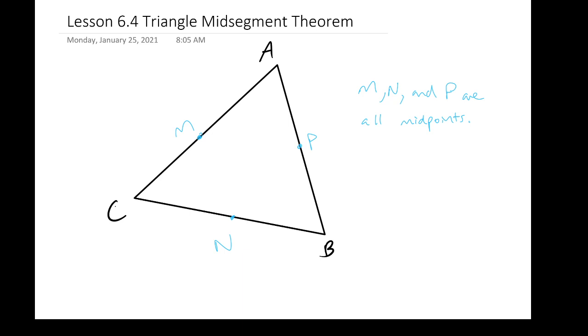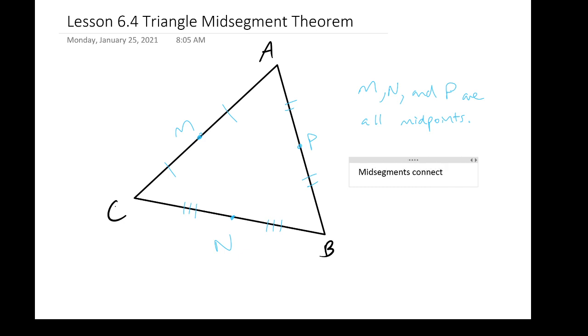All being midpoints, excellent. Within that, it's going to create some congruence. So for example, from here to here we have congruence. From here to here, we have congruence. And then here to here we have congruence also. What happens with these midsegments is a few things. So what midsegments are